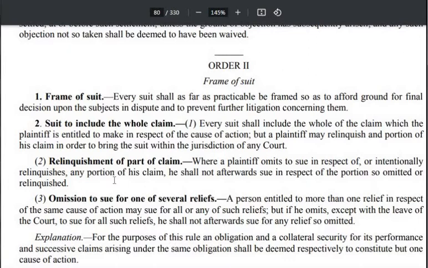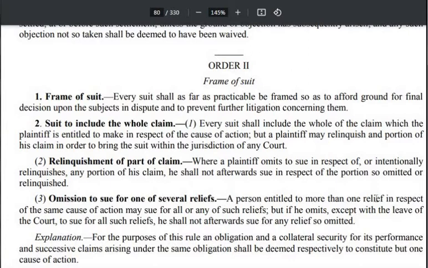So if you have got a particular claim, you must make the entire claim in the suit, else if you have deliberately relinquished a particular portion of your claim, then subsequent suit करके आप उसको claim नहीं कर सकते। And the reason is very simple, that the multiplicity of proceedings shall be avoided। So you have to make the entire claim and not just a part of that। और अगर आप ऐसा करते हो तो अदरवाइज जो relinquished पोर्शन था उसके लिए आप दोबारा सूट करने के लिए अलाउड नहीं हो।